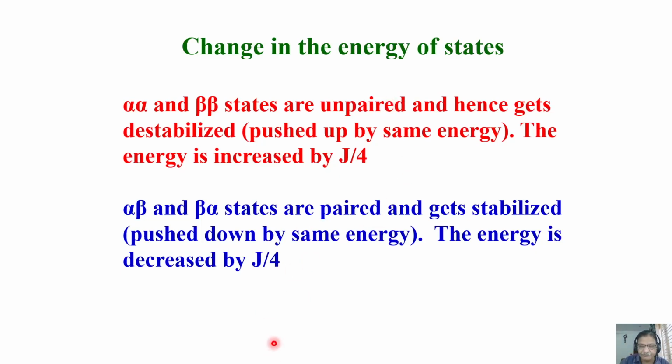Please remember this point. Now, let us see how it works out. These are the four. Earlier I wrote the four energy states like this: alpha alpha, beta beta, alpha beta, beta alpha. Instead of that, I am now writing vertically because I wanted to show you how the transition occurs. It's only a different way of writing, that's all. But everything is the same. Don't get confused. I am drawing in a different style to explain in a better way. That's all. Now, what are these four energy states?